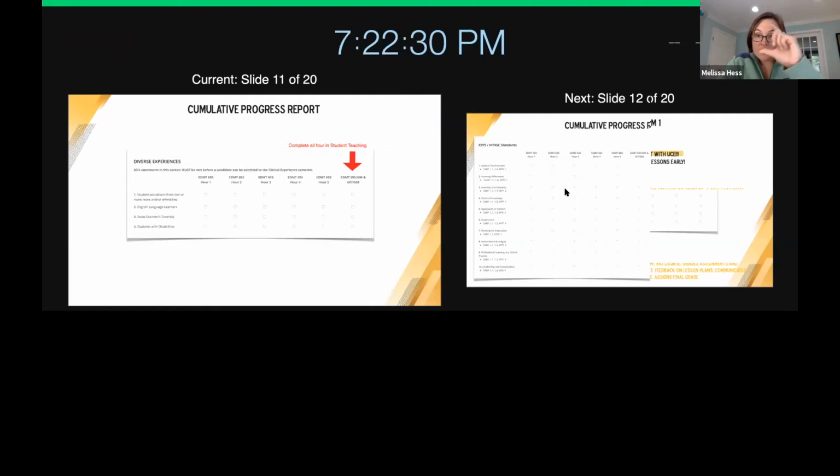So this is just a continuation down from that form. You've seen them before. Have you worked with populations from 2 or more races or ethnicities, English language learners, socioeconomic diversity, and students with disabilities? You can go ahead and pick and choose by looking off of your past paperwork. But in student teaching, you need to be able to say that you've worked with all of these folks. For most of us, especially those option 6 folks, this is going to be really easy. But I just want you to have these 4 diverse experience subgroups in your head.